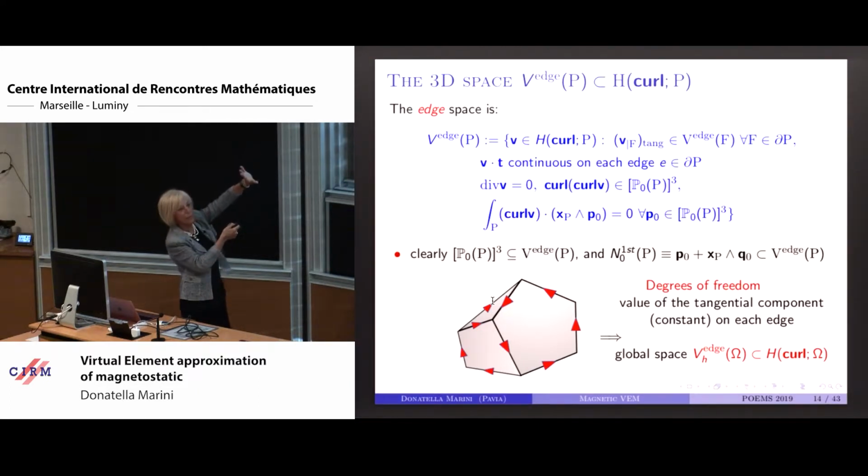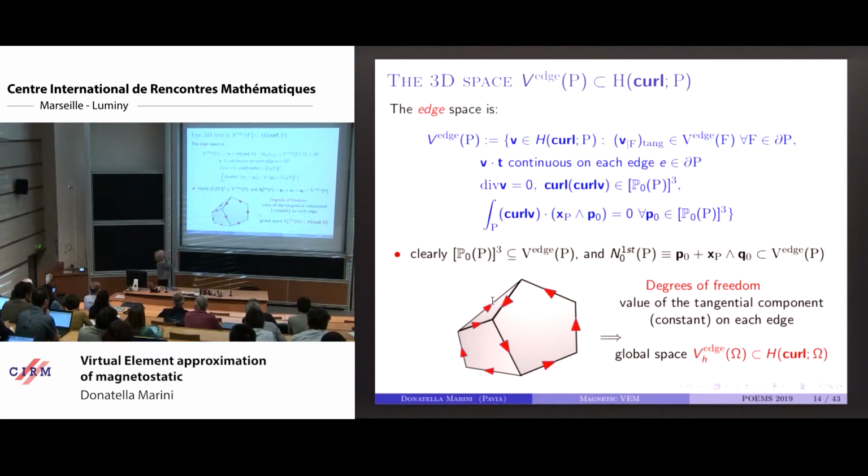We have vectors with tangential component on each face belonging to the two-dimensional edge space. And then tangential component constant on each edge, curl constant, divergence 0, plus this funny condition which is needed for proving unisolvence